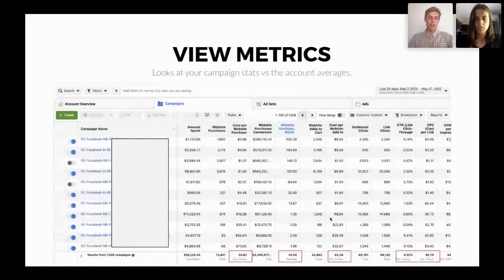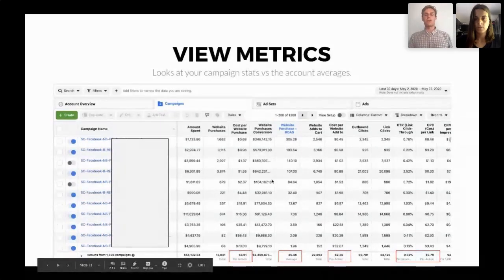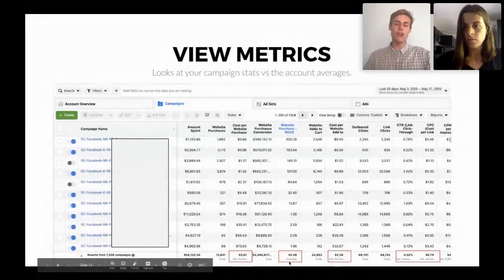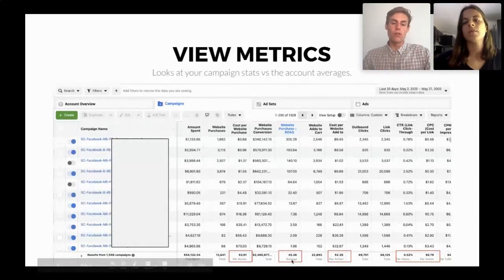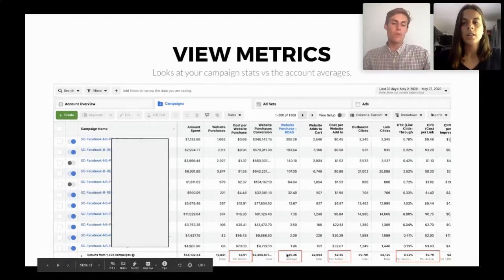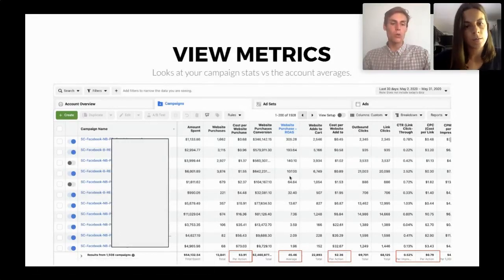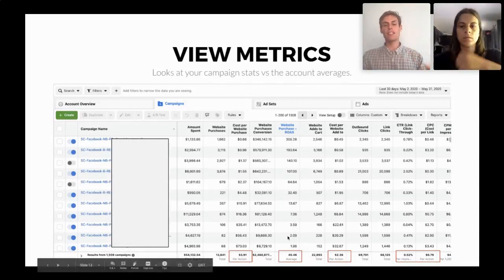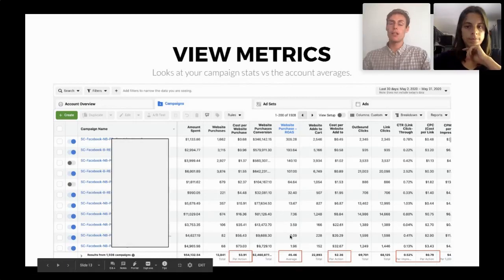This has enough data so that we can get a little bit more of an understanding of averages. What you want to do is take a look at your averages, on the entire account level. If you're going to be improving your account week after week, you want to look at your average, and then ask which are overperforming and which are underperforming. A good way to look at your ad account is to ask, what is my average? Then look at all your campaigns: these ones are above average, these ones are below average. I need to focus on improving the ones below my average,